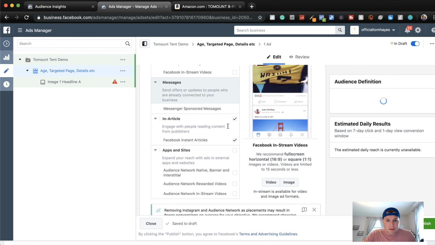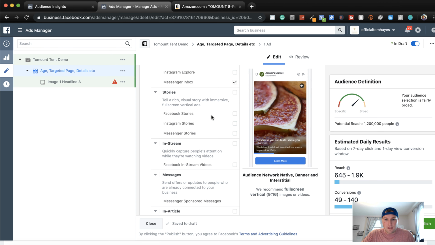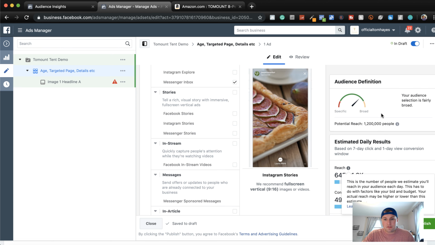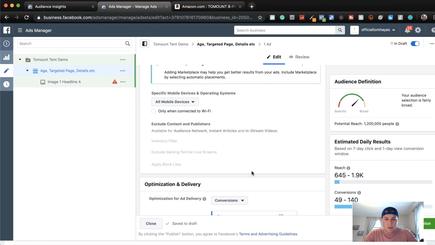Same thing here in article. I haven't found that works well. All right, so you can see that this just shrunk down dramatically, right? And we're really honed in right now. You still have 1.2 million people, and it's telling you this is your estimated reach, and this is based off numerous factors, right? Your ad spend and where you're actually displaying your ads and all these different factors, but don't necessarily worry about that just yet. So when we're coming down here,